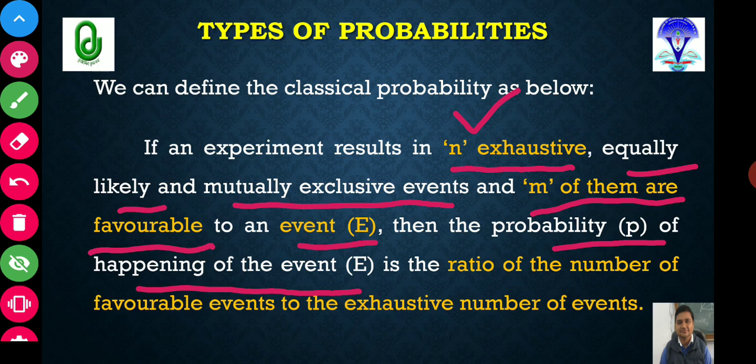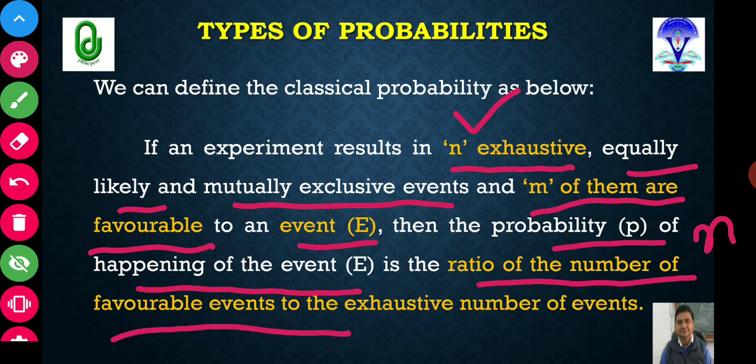That means P is equal to the ratio of the number of favorable events. So what is the ratio of the number of favorable events? The ratio of the number of favorable events is M to the exhaustive number of events. So what is the exhaustive number of events? It is N. It will be more clear in the next slide, because in the next slide we have written